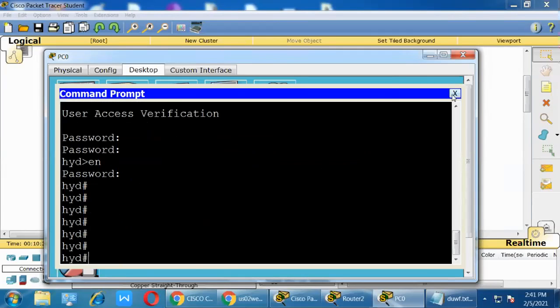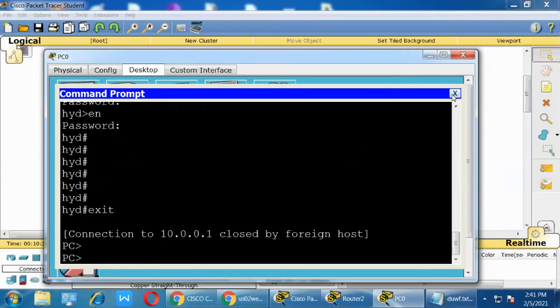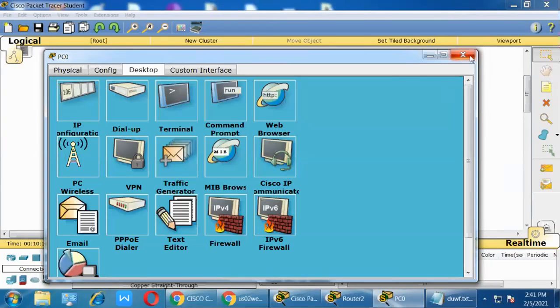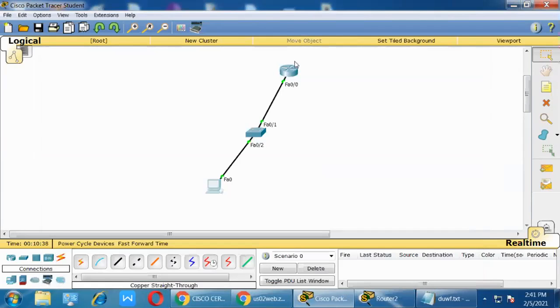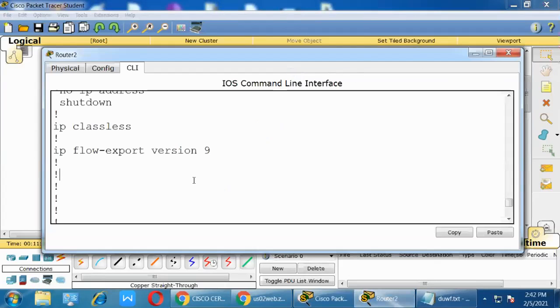I don't want that. When someone tries to log on to the router, it must ask for a username. This is authentication: the company wants only selected people, who have a username and password, to log on and access it. I need to configure user level authentication inside the router. This is only a password, so anyone who knows it can enter the router and do whatever they want. That is the reason I'm going to configure a user.